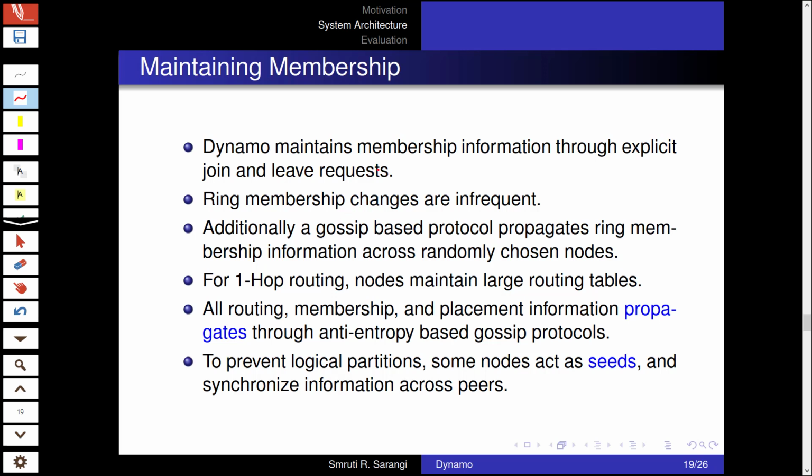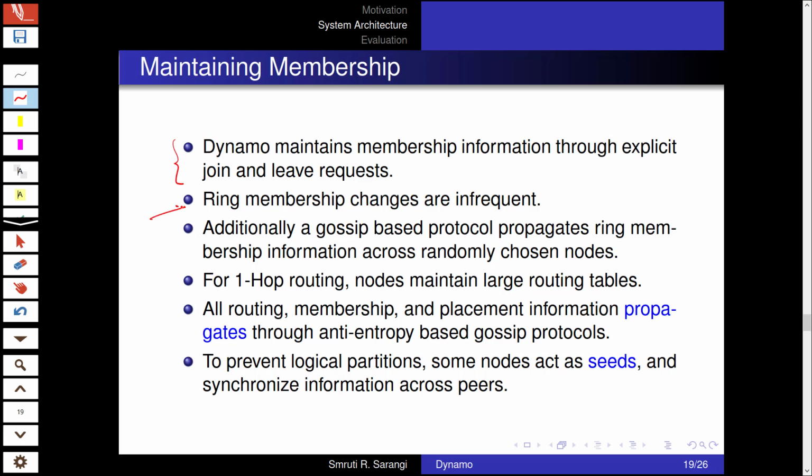Okay, so how does Dynamo maintain membership? Recall we had discussed virtual synchrony in a previous lecture where we talked about view changes. So we do have something here which is more or less conceptually similar. Dynamo maintains membership information through explicit join and leave requests. As compared to other systems where it is far more common, in Dynamo particularly, this is a slow operation.